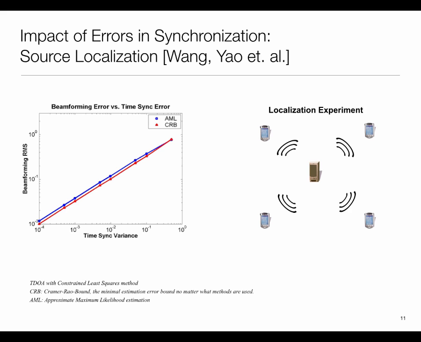This is an example out of Professor Kongyao's group out here. What they were doing was, they basically had some sort of sound generating target, and then using some other sensors, they would identify where its location is. So basically this guy emits sound, it could be a bird or something, and these guys are detecting it and using beamforming to see where in XYZ it is. And this plot attempts to show that the time sync corresponds to how accurate my location is: as my time sync gets worse and worse, my error becomes worse and worse. And it's the same